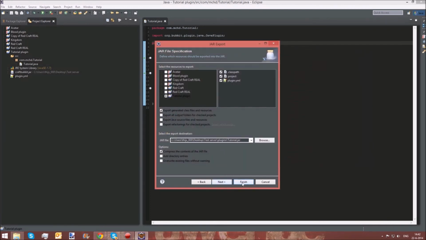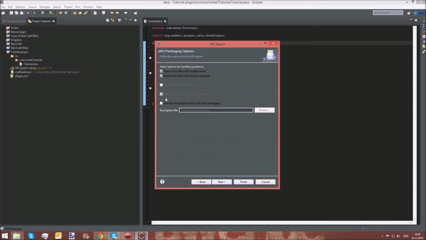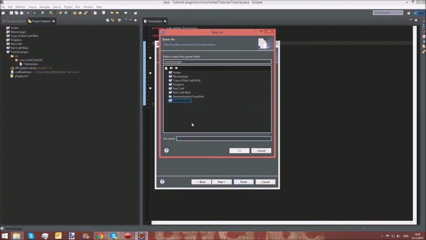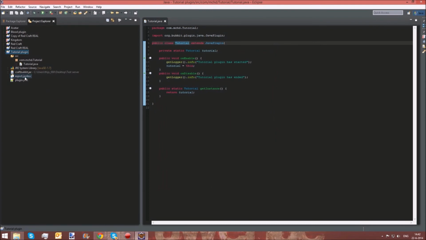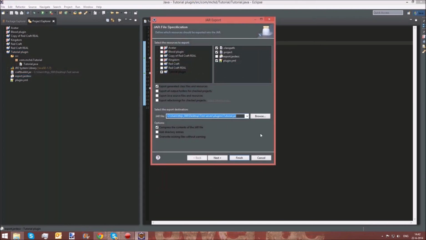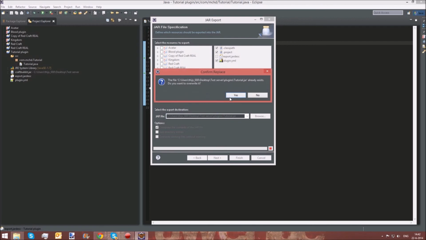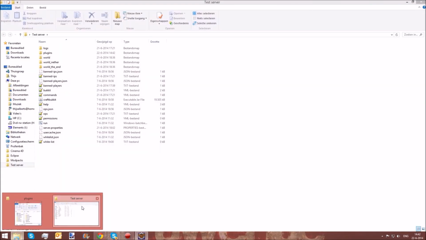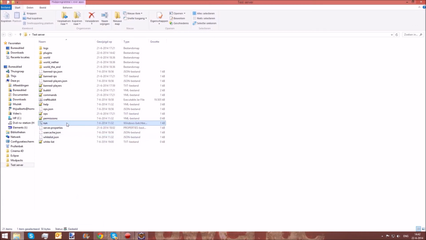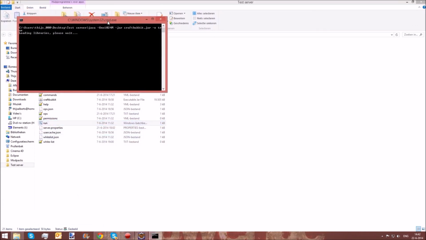But before you click finish, click on next, and then save the description of this jar in the workspace, and browse tutorial plugin and name it export. And now you can click finish, and you see what it will do is if you click on here, then it will just pop up in this screen, and then it will finish. And then let's test it out. We don't need our Minecraft just yet. Just run it